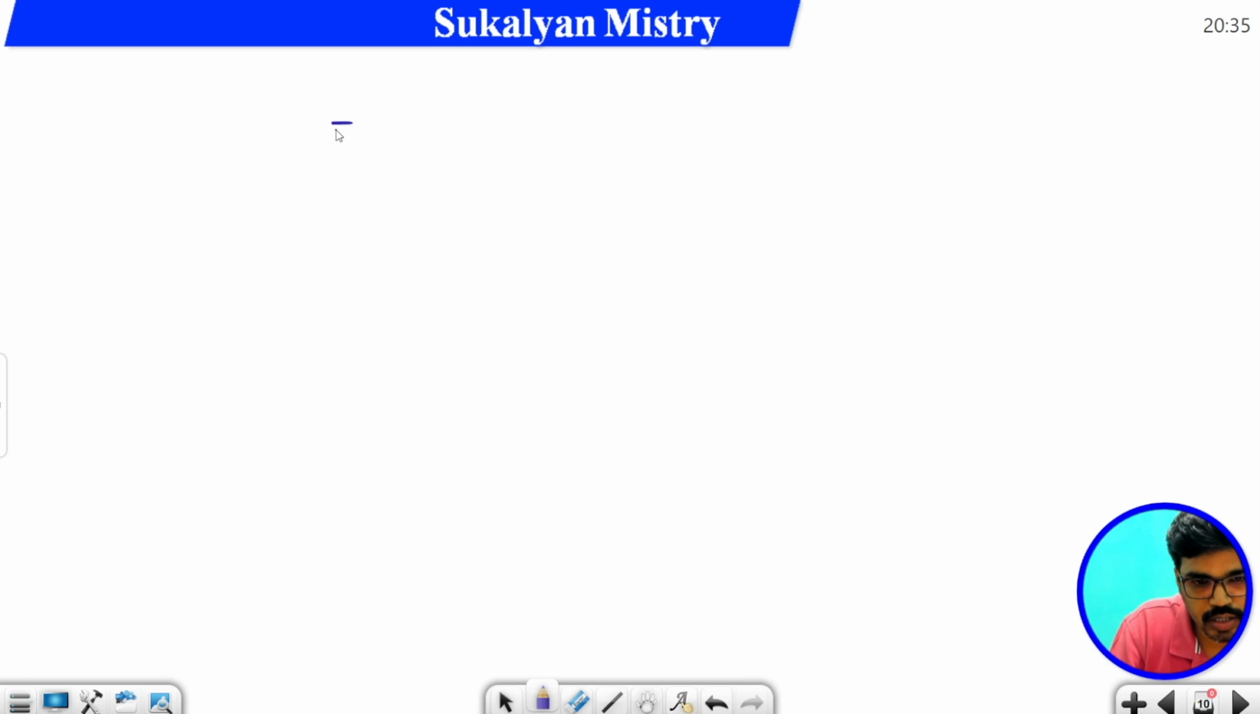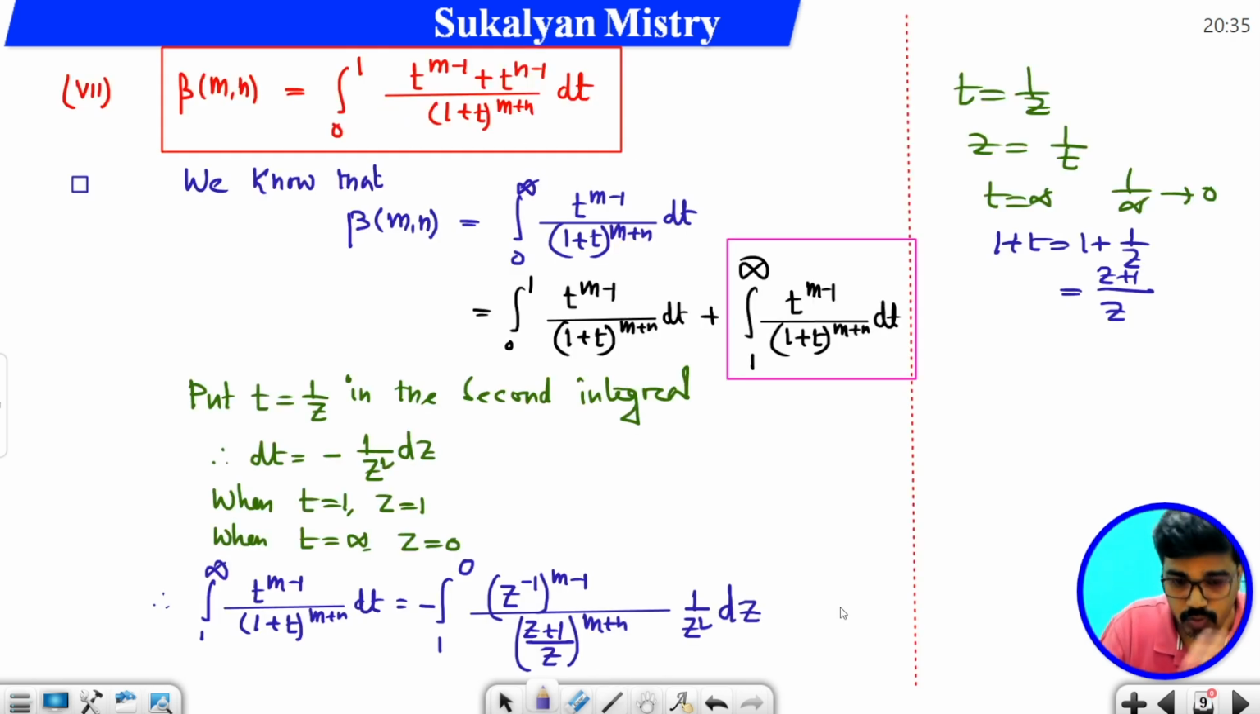ঠিক, so this equal to integration 0 to 1. Just see, now just simplify this, what we get? z to the power minus m plus 1, ঠিক আছে, দেখো z to the power আমি কি পেয়ে যাচ্ছি? minus m plus 1, এখানে আছে 1 by z square, তার মানে z to the power minus 2, নিচে আছে z to the power m plus n, ঠিক, দ্যাট মিনস এটা কি হয়ে যাবে, উপরে চলে যাবে জেড টু দি পাওয়ার এম প্লাস এন হয়ে যাবে।